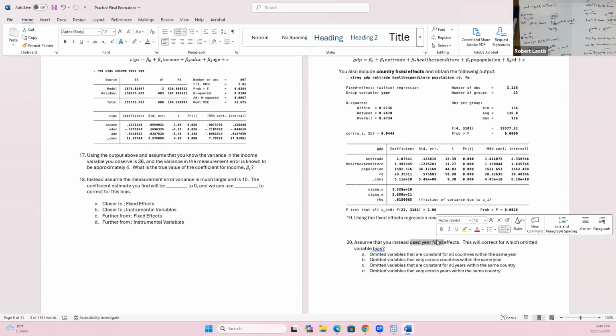Another question. Can you explain that one more time, the difference between fixed effects for year and fixed effects for country? Yeah. I know I had something like this written out last class, but we can do this again here. If I include country, state, county, individual, whatever the fixed effects are for, panel data sets are across subjects and time, right? So whatever I include fixed effects for, if it was the country level here, it would be the other thing, time, that I didn't include fixed effects for. So there it's time invariant factors